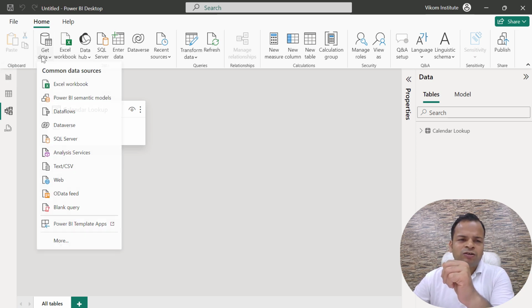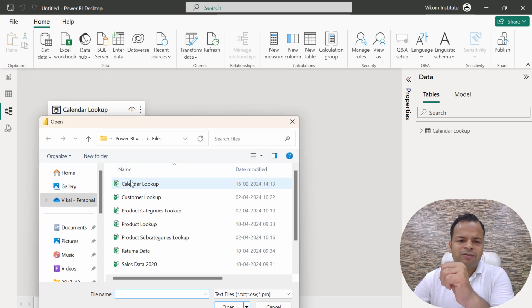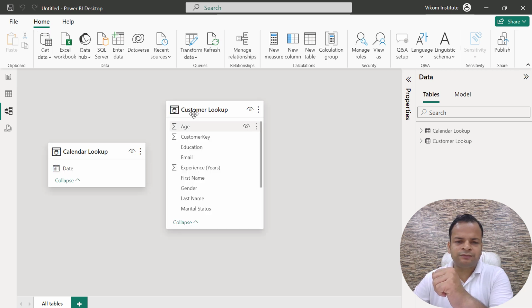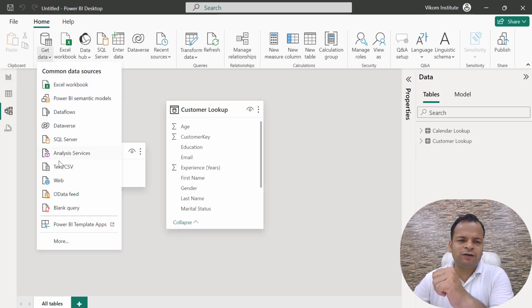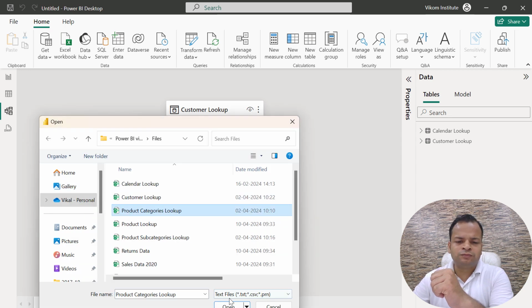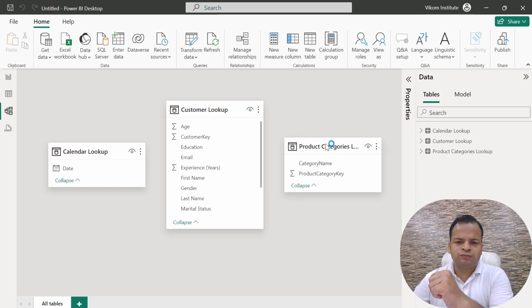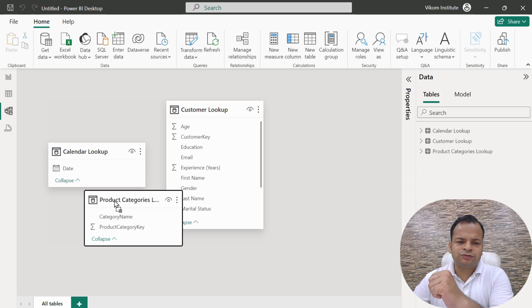Here I'm going to use the second file. I'm importing the second file, and this one is customer lookup, and it is importing. Again I'm loading it. Here it is. Now I'm going to import the third file. Load. Just some arrangements.